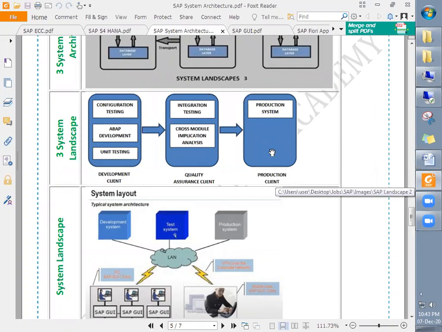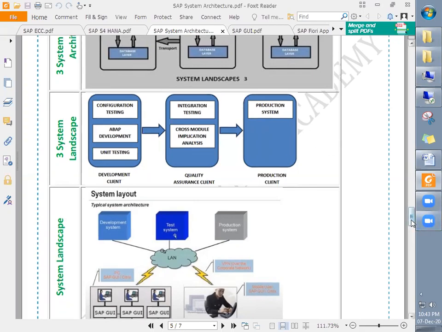In the pre-production system, the functionalities, even after some kind of testings, are verified again and then moved to the production system. So that is the purpose of having the pre-production system.